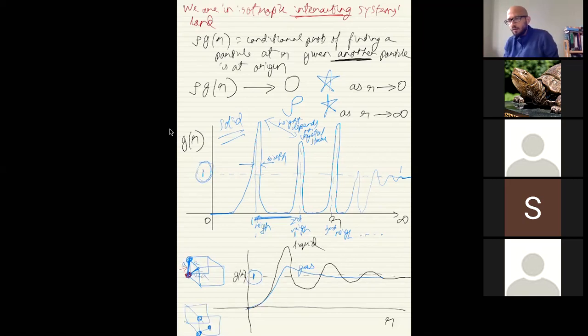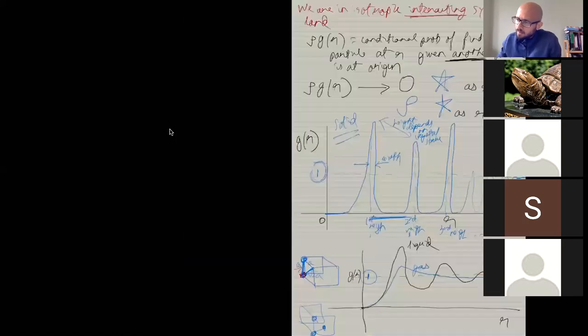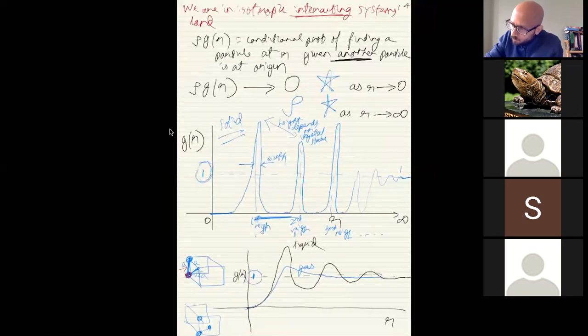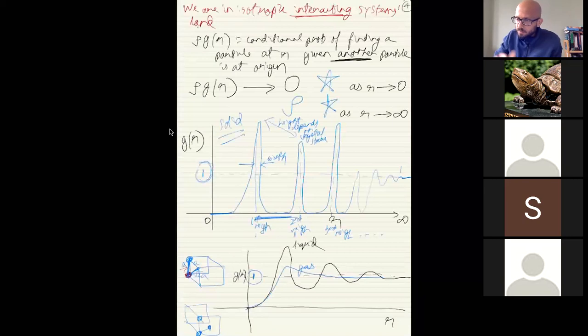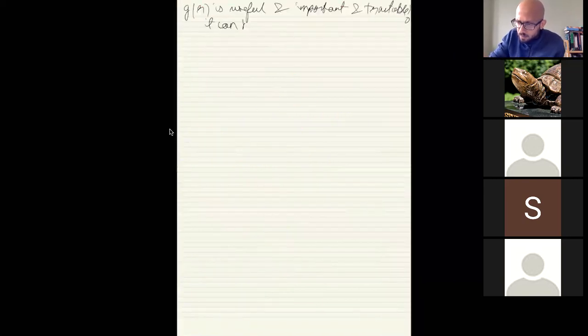Why is all this important? This conditional probability of finding a particle, this G of R, can be directly measured in scattering, in all sorts of scattering experiments, X-ray scattering, neutron scattering. The observable is G of R. With one more clarification: G of R is useful and important, and tractable. What do I mean by tractable? By tractable, I mean it can be measured